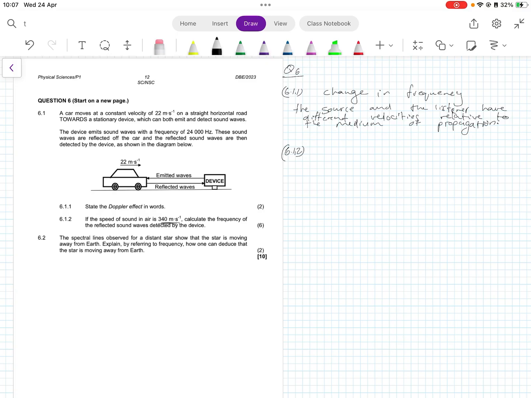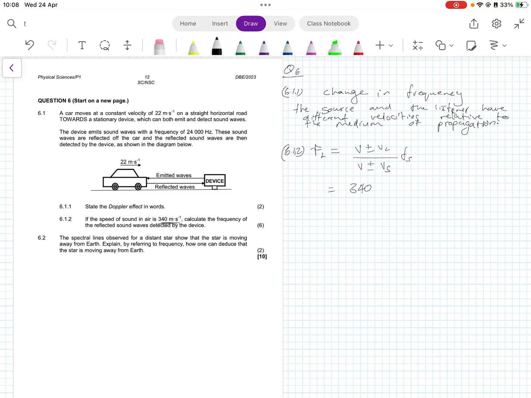Now, in this scenario, you would start with your formula, which tells you that the frequency of the listener is equal to the velocity of sound plus or minus the velocity of the listener over the velocity of sound plus or minus the velocity of the source times the frequency of the source. Now, we know that the speed of sound we have been given as 340. And now, as we look at the diagram,